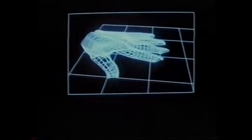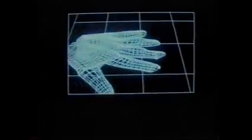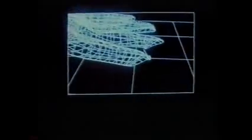We've got a more complete hand, which we digitized some time ago. I'll fly around and look at this. This is made of a lot of patches. Each finger has about 2 patches, and the top and the bottom of the hand are digitized separately. One thing that's nice about the digitizer is you can fly right through your model. That's fun. Like that. With this program, we can also just freeze the view, and you'll notice that little box,